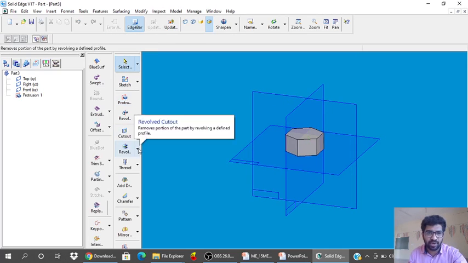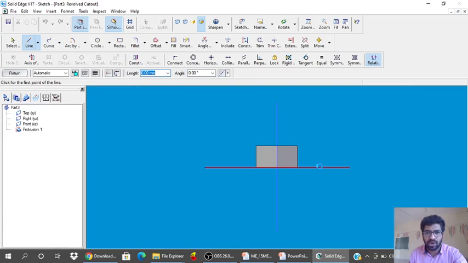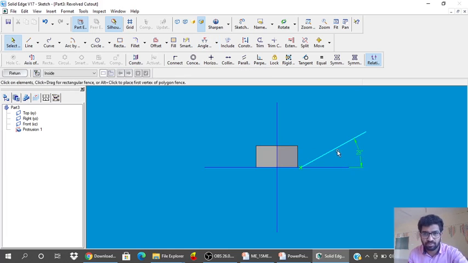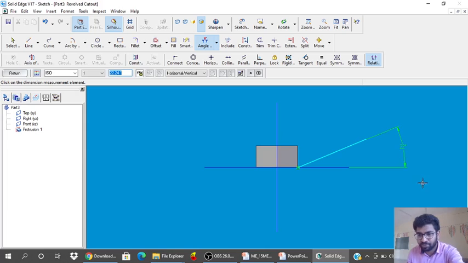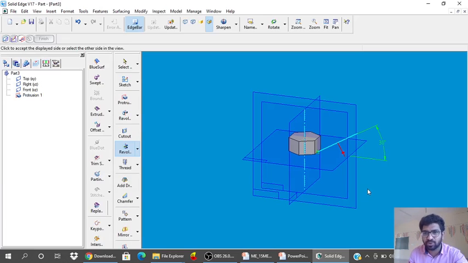So once you give all the dimensions, say revolved cutout, select front plane, draw a line, start from this corner. It should be at an angle of 30 degrees. Select axis of revolution as vertical axis, say return, arrow should be pointing downwards, and then 360 degrees.